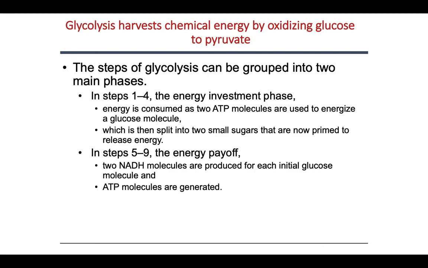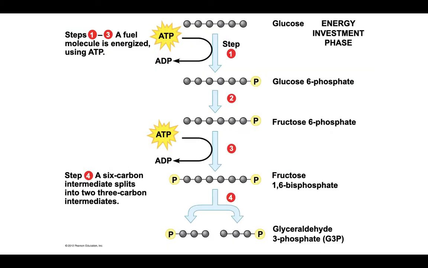However, in steps 5 to 9, the energy pays off when two NADH molecules are produced for each initial glucose molecule and ATP molecules are generated. This is a slide showing the first step or the energy investment phase. Steps 1 to 3, a fuel molecule is energized using ATP, and that is glucose. So if we can see it step by step, from the initial glucose molecule, an ATP is invested